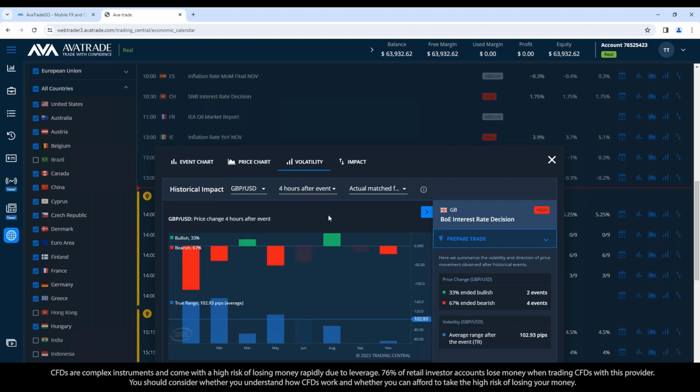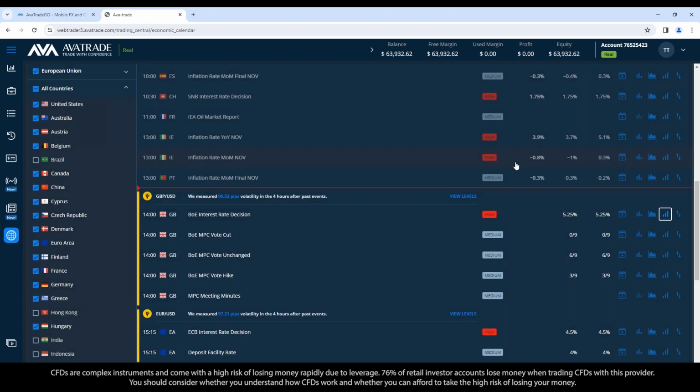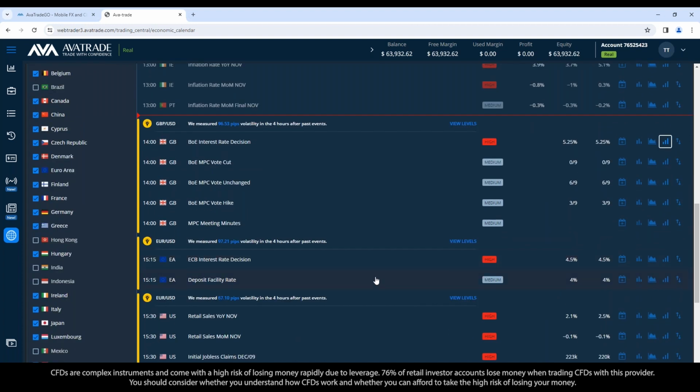And even better if before this announcement there was weak or strong data on the USD that would help the movement, then I take that into account too. Okay, very good question. Now, what else do we have? So we see statistical advantage here from the past if the rate decision comes in as expected. And if that's the case, it looks like in the past the pound weakened in the hours following that rate decision.